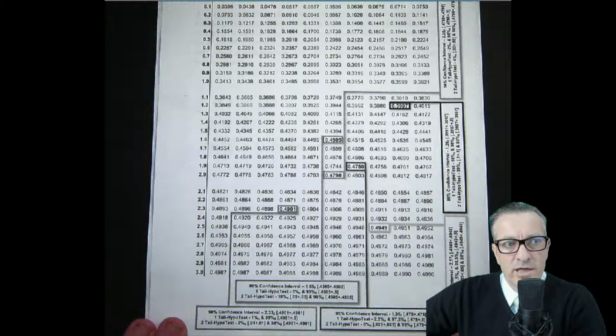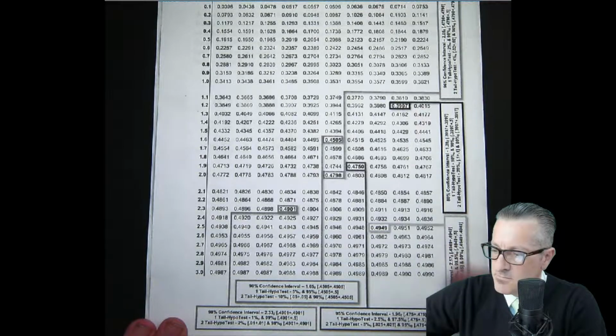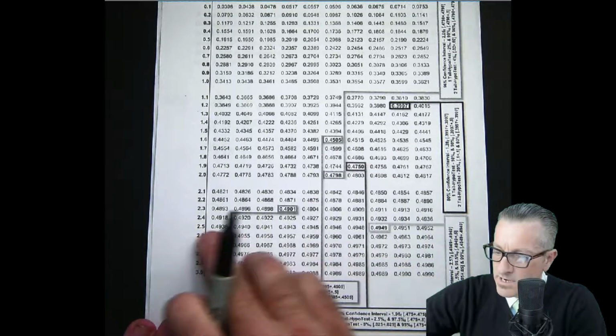Now I have it written right here off to the side. I'll zoom in. Most people's z-tables won't have this box right here on the side. And what you'd do is you would find this value right here, which would equate into